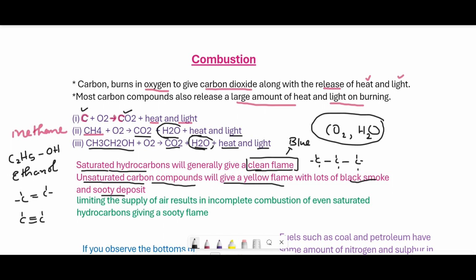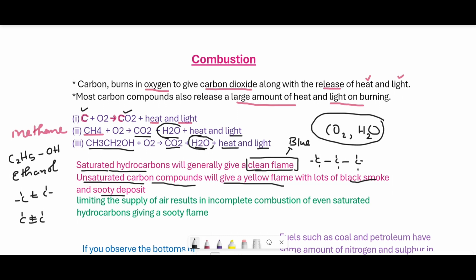This is because of the incomplete combustion. Because when unsaturated hydrocarbons undergo combustion, they have to break down this double bond and this triple bond. So accordingly, the reaction will be incomplete, which leads to incomplete combustion, and they produce lots of black smoke and